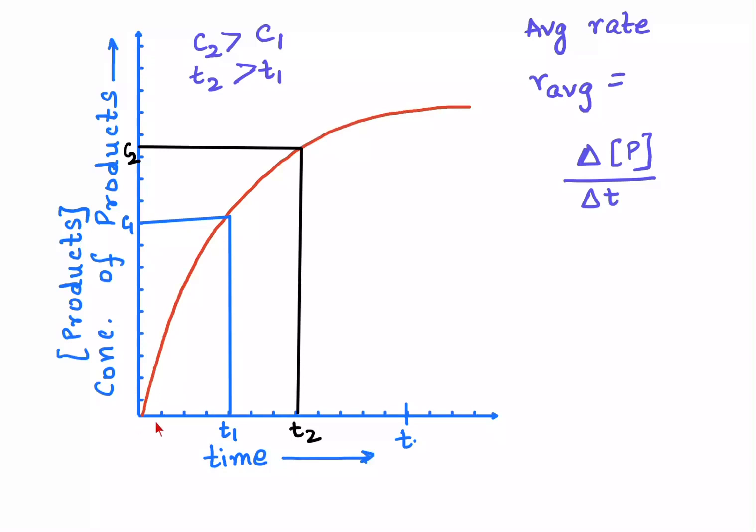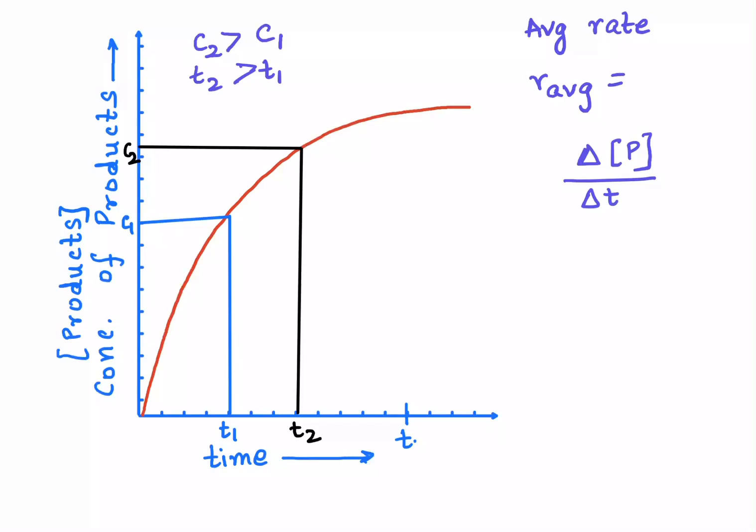Also notice over here, your graph is starting at 0. Why is it starting at 0? When you start the race, you don't have any speed at all. You're standing at the starting line. Your speed is 0, right? So at the beginning of the reaction, there are no products, so we are starting our graph at 0. As the reaction progresses, the concentration of the products increases and then becomes almost constant. Why does it happen? We shall discuss the details later on also under collision theory.